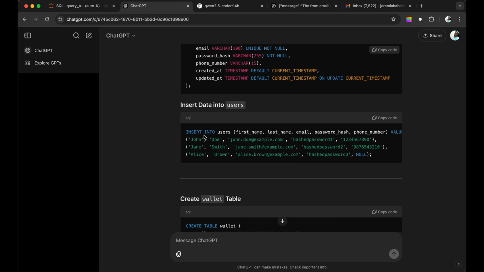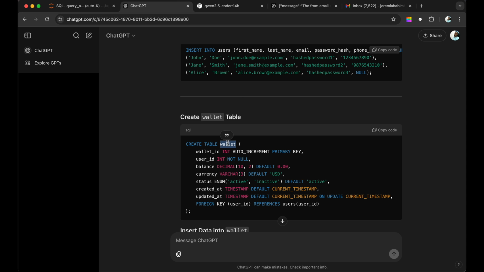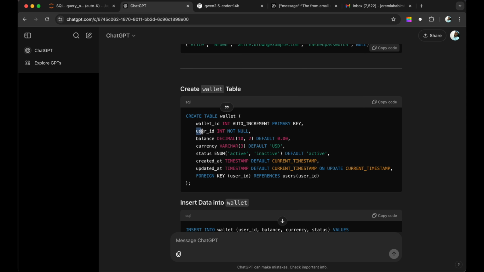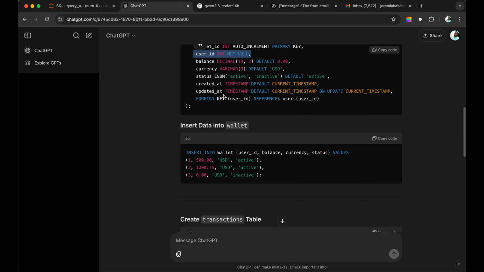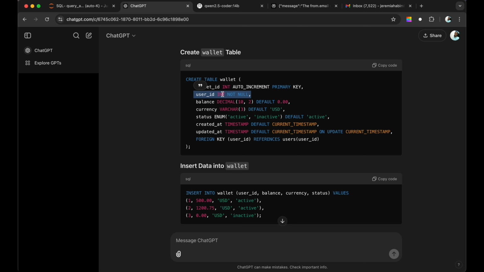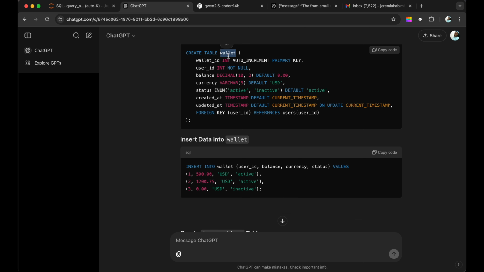And you need all the data inside before you can have the wallet table, because in the wallet table, as you can see, there is a user ID, which is the foreign key to this table, a primary key to the users table. So you need to have the users table first, and then you can have wallet